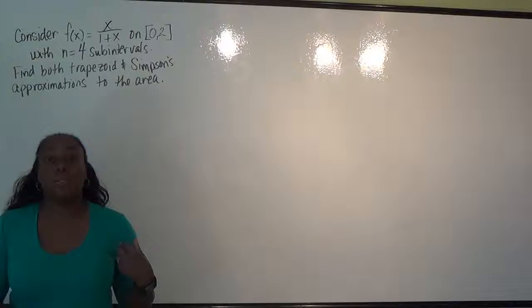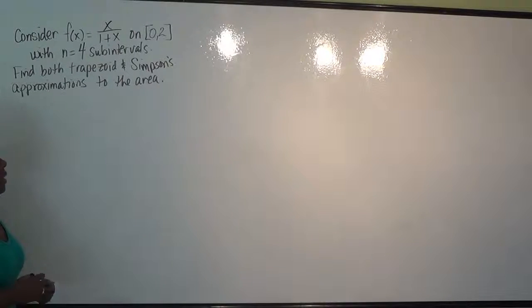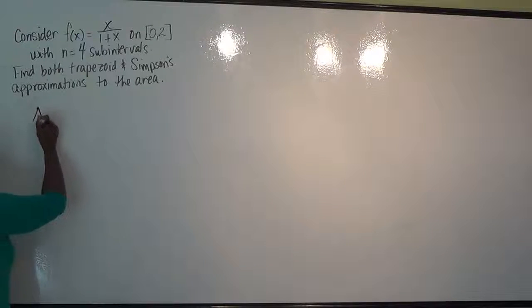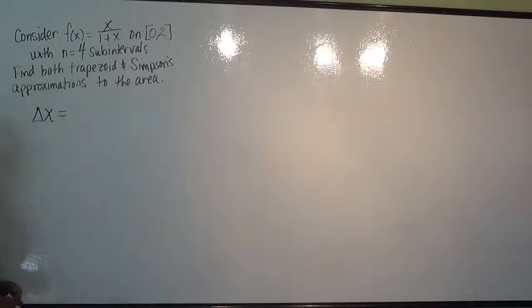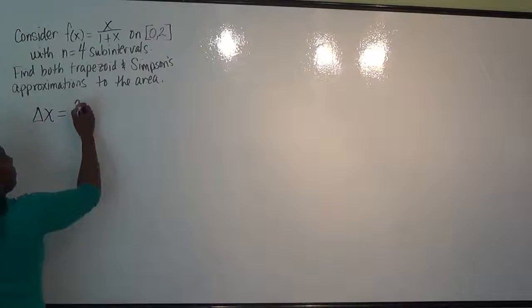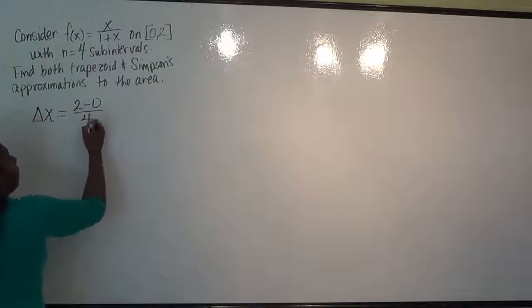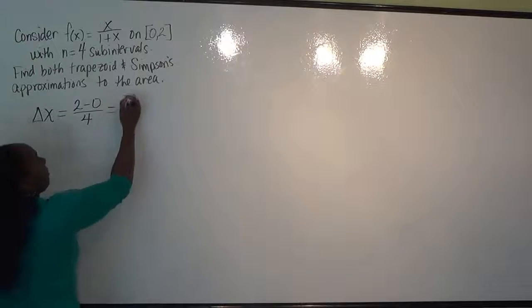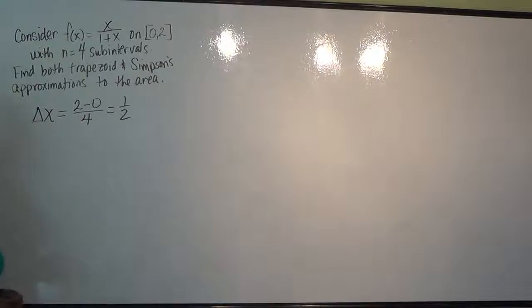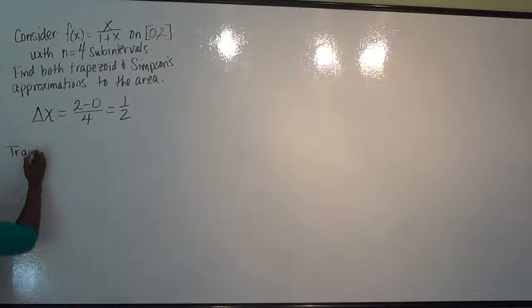Okay? So let's start with the approximations. Just like before, the first thing I'm going to do is look at our delta x, because again, that's going to be the same for both approximations. In this case, our interval goes from 0 to 2, and we're looking at 4 subintervals, so it tells me my delta x is going to be a half. Okay? So starting with our trapezoid rule,